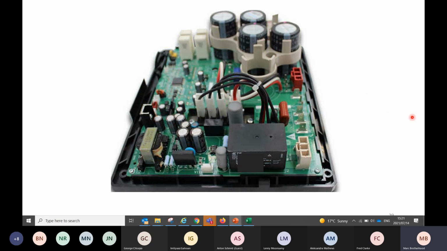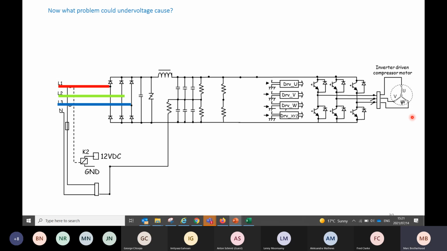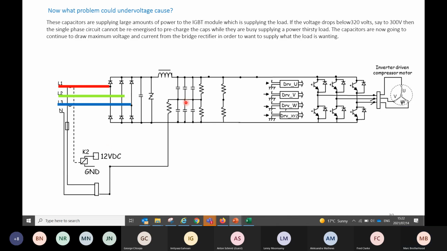But the problem now comes in when we start losing voltage. So I'll put here, what problem would undervoltage suddenly cause? As I said, let's imagine lunchtime. Kettles are going, toasters are going, microwave ovens are going, and everything is being poorly designed, and it's only, say, plugged in on this phase, and this phase suddenly drops to, say, 380 volts. These capacitors are supplying very large amounts of power to the IGBT module, which is here, which is supplying the load. If the voltage drops below 320 volts, say to 300 volts,